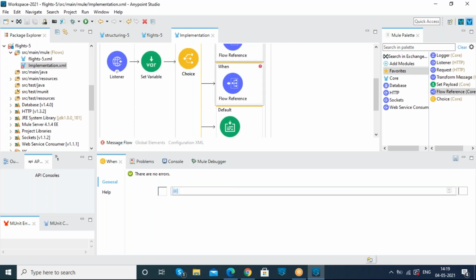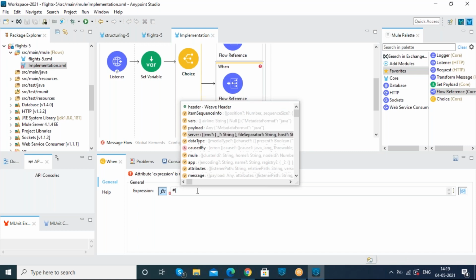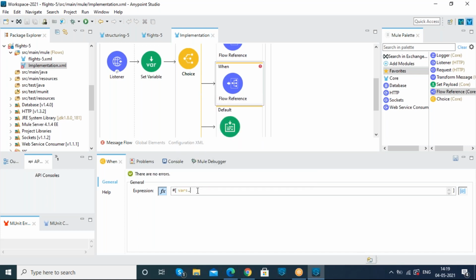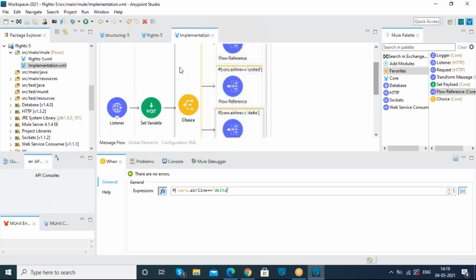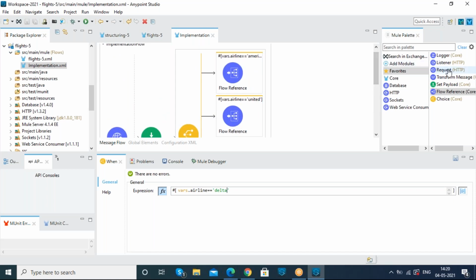And when the user is requesting Delta, I want to call this Delta Airlines as our response. So by using this airline variable, based on the condition we are choosing, we'll be able to get the response. And at the end, I'm going to add a logger over here.